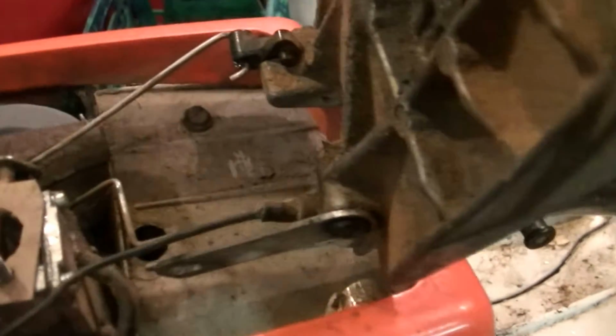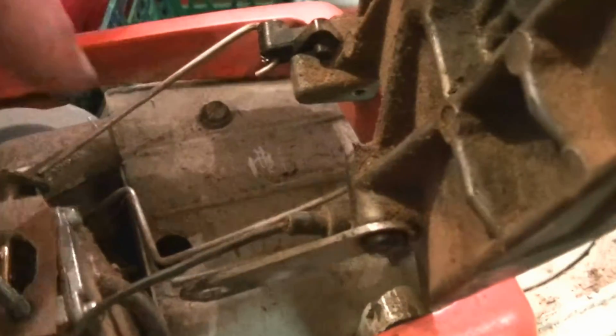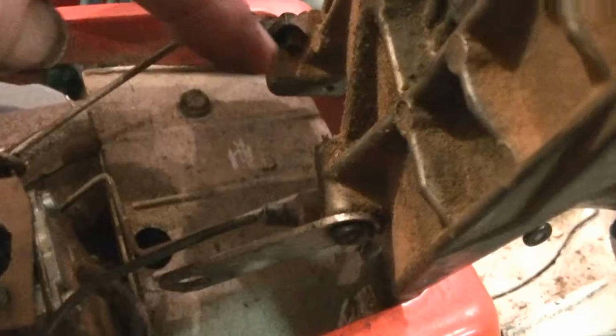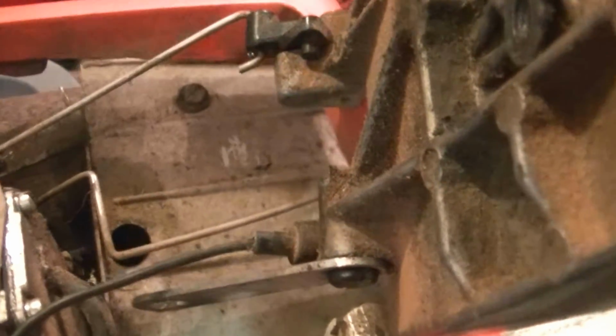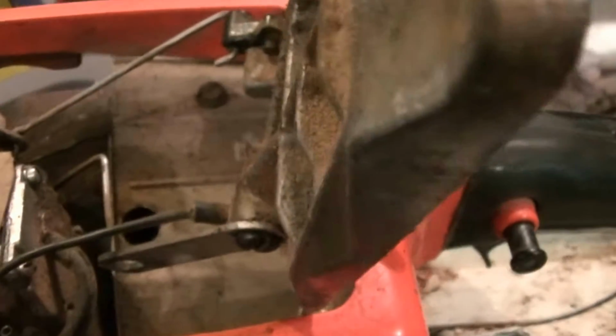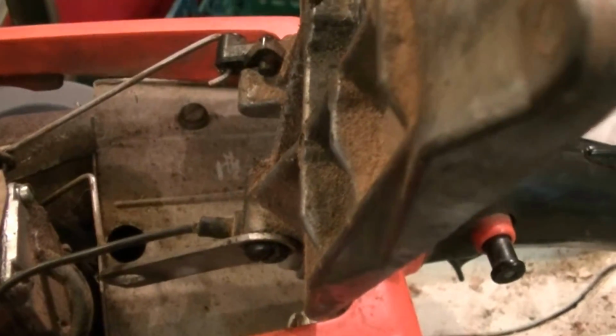In one attempt at putting back together, I had trapped the throttle rod somehow in here, and so I had it all back together, and life was wonderful, and the throttle wouldn't work. So anyway, as I'm putting it together this time, I'll make darn sure that the choke and throttle both function on that part. As for the actual mounting, there's